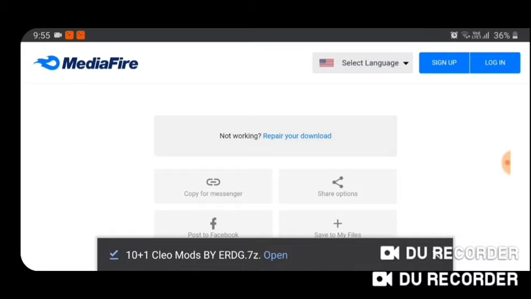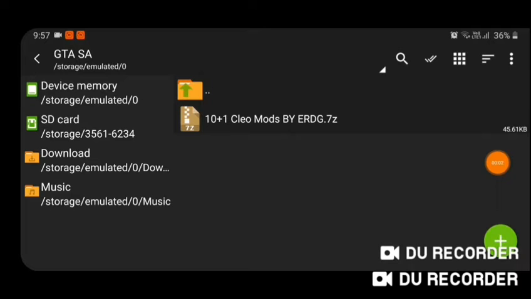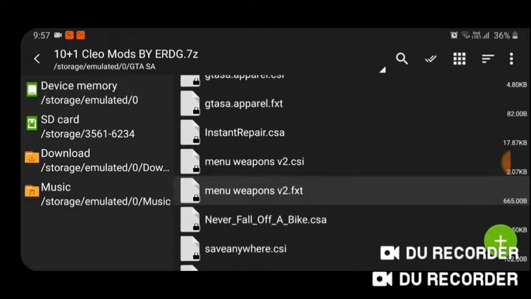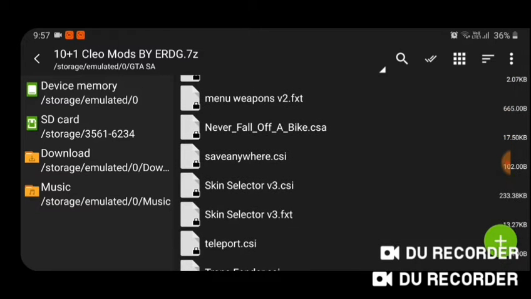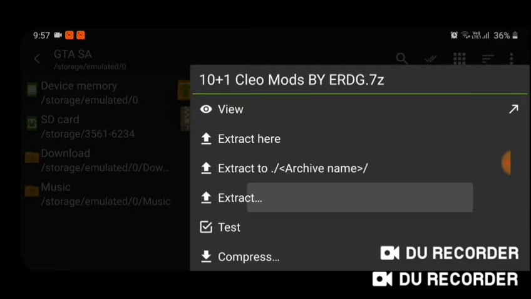Now you have to go to ZArchiver. Now we are in ZArchiver. This is the file that I have given you, 10 plus 1 Clio mods by ERDG. Here inside you will see there are 11 Clio mods which I have given you for the game. You just have to extract it.